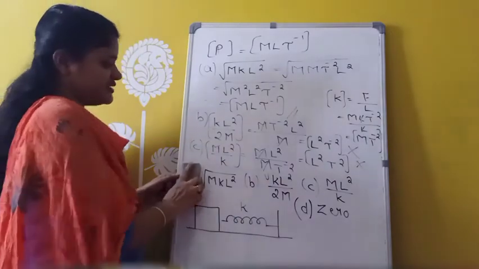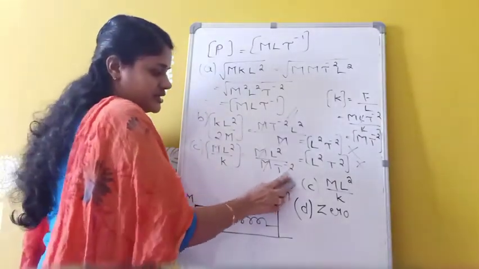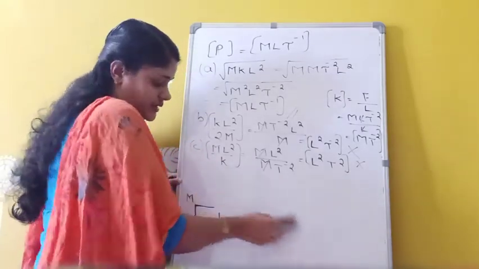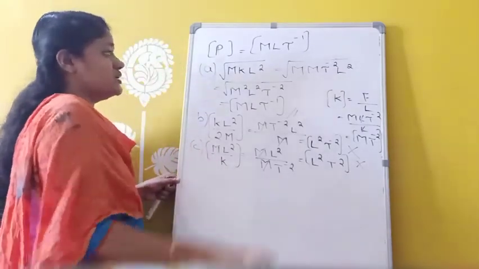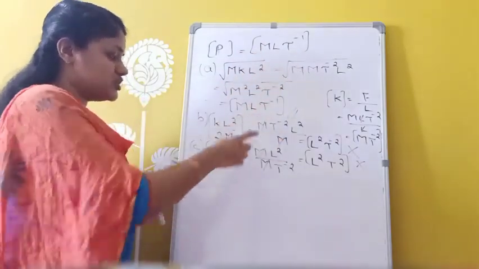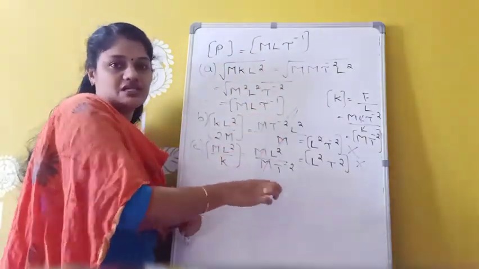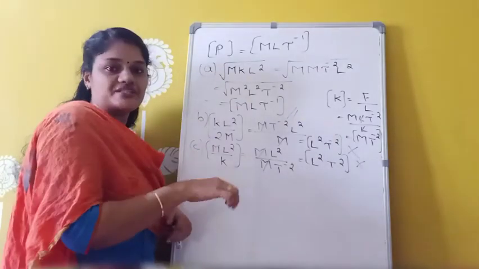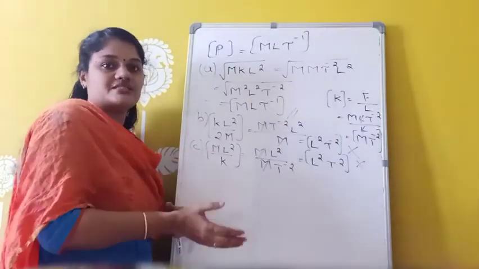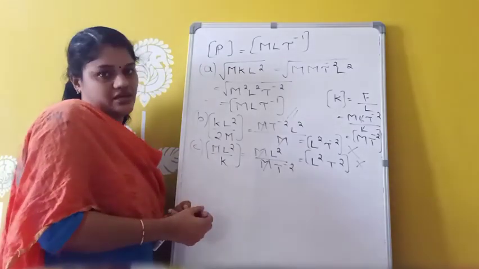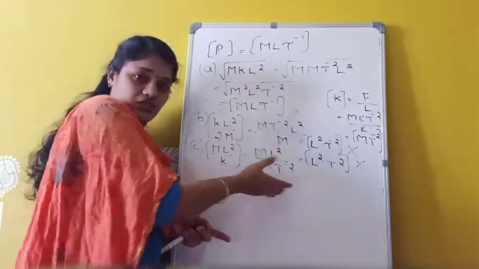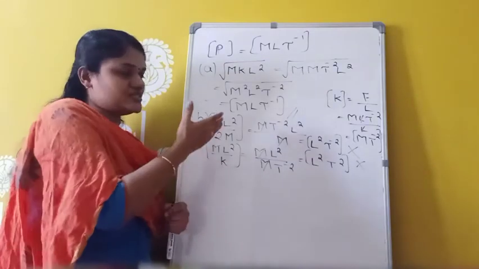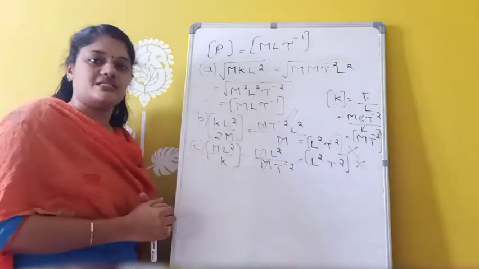The last one, it is given as 0. So 0 is also not the correct option because they are asking to find which one? Maximum momentum. So momentum dimension is how much? So M L T raised to minus 1. So you can check with the options. So whatever is given in the options, you can check the dimension of these options with the quantity we have to find out. So if the dimension is correct, that may be the correct answer. But suppose all 4 options have the same dimension of momentum, that is not possible. So this is one of the methods, an easy method to find the answer.